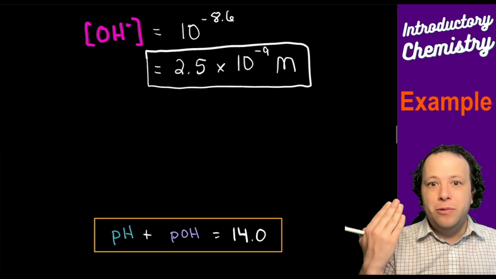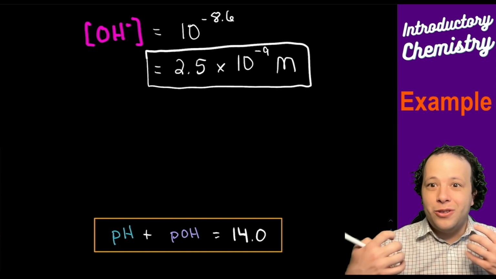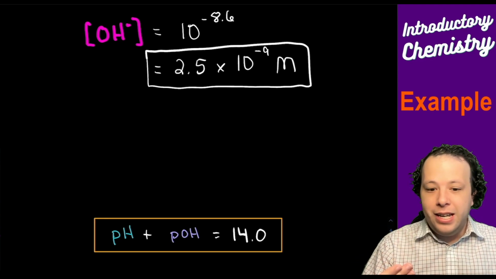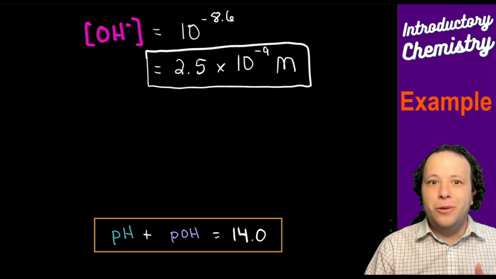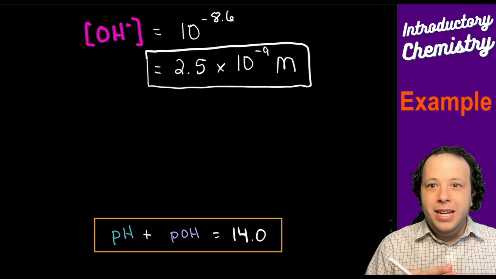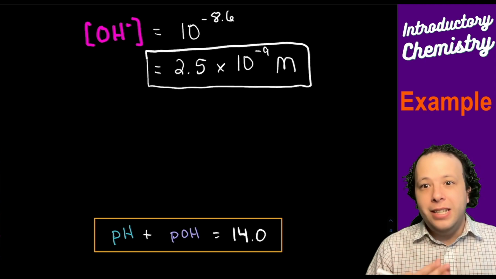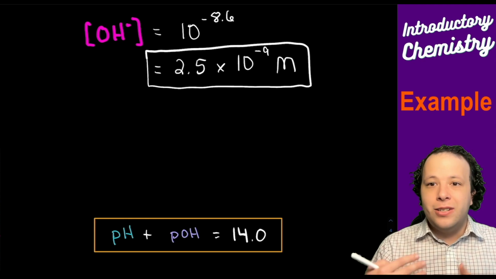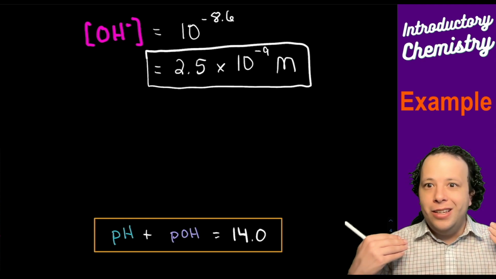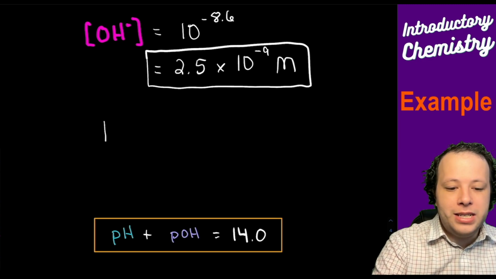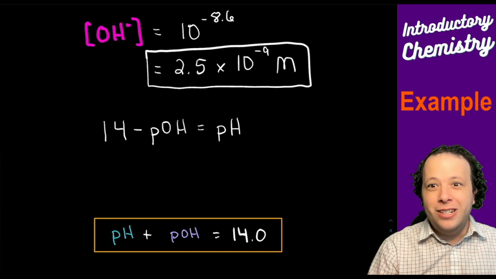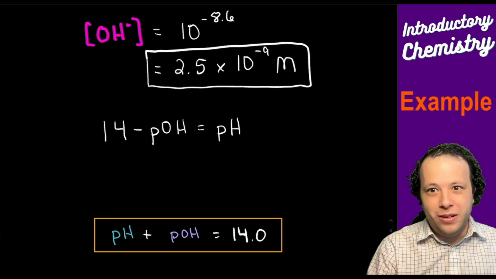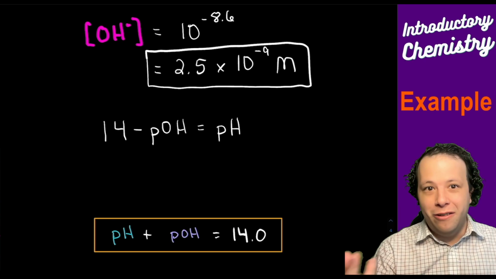Now, when it comes to both pH and pOH, there's a relationship between them. They are bound together. So if I know my pOH, I can also calculate what my pH is. pH and pOH, if you add them together, will always equal 14 at 25 degrees C, so at standard temperatures. So if we know our value, we can simply rearrange this formula to solve for, let's say, pH, and find out exactly what the pH is and how much hydrogen ion there is in the solution as well, being that all these are in a solution of water.